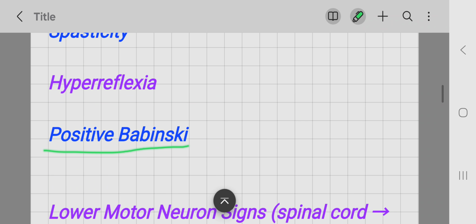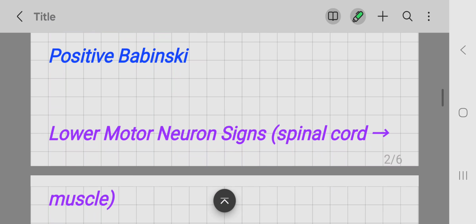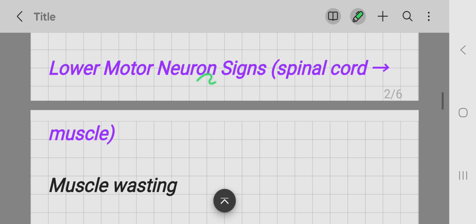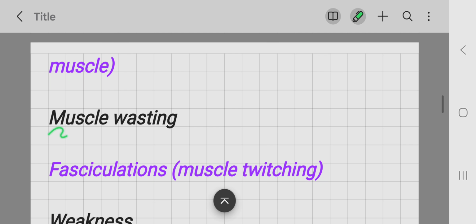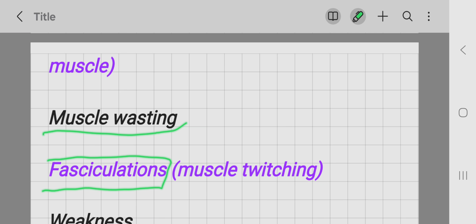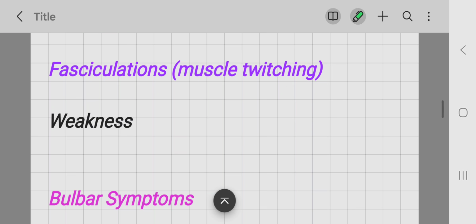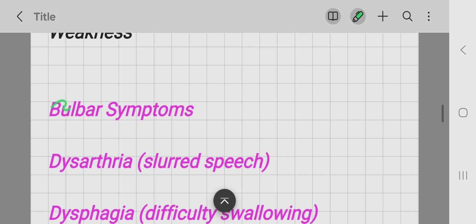There is positive Babinski, also in case of upper motor neuron involvement. When there is lower motor neuron involvement, then there is muscle wasting, fasciculations. When you tap the muscle, then it fasciculates, muscles twitch, weakness, and there may be bulbar symptoms